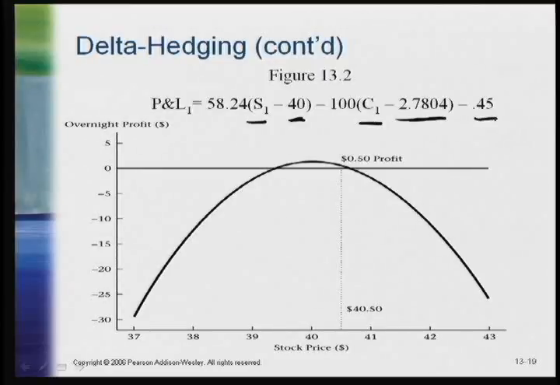We have the 45-cent cost associated with the T-bills. And we can see that at the end of day one, we calculated a 50-cent profit associated with the stock price move to $40.50. That was in our earlier calculation. And you can see that in day one, here's a profile. This is a calculation done by simply looking at different stock prices for S1, calculating the different call prices, and evaluating the P&L